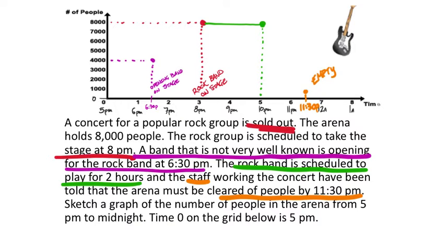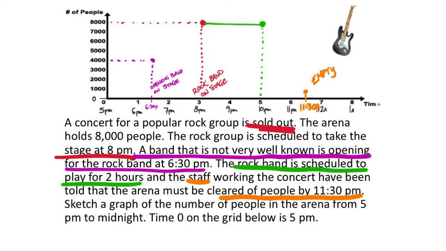But I'll give this, and by the way, if some of you put the point right here, right on that axis, go ahead. Because you may think, well, literally, this is supposed to be cleared at 11:30. Okay, I'm a math person. I'm not supposed to be creative, but I just was. Sorry about that. So now that we have this, what do we got? Do we got the sketch a graph from 5 to midnight? Okay, I'm going to go all the way to 1 a.m. by the way. So let's put this line on the graph, and